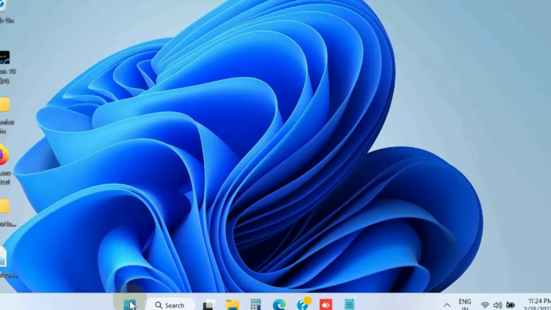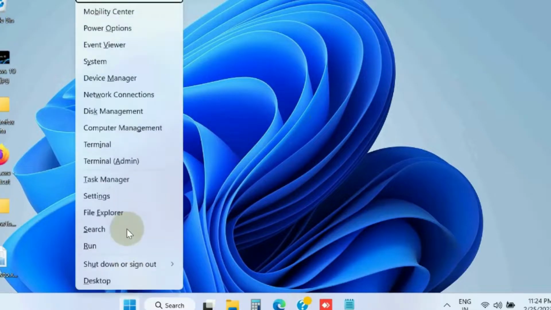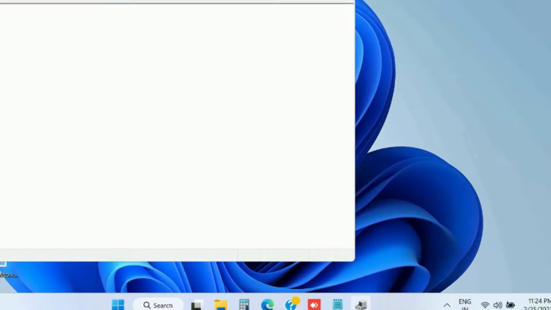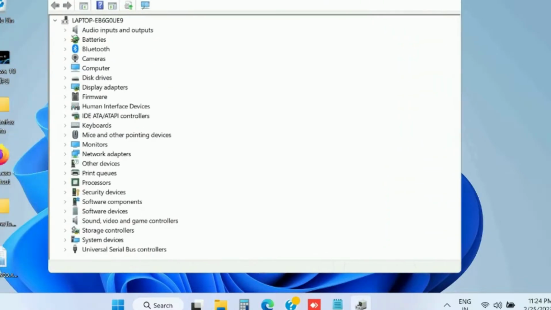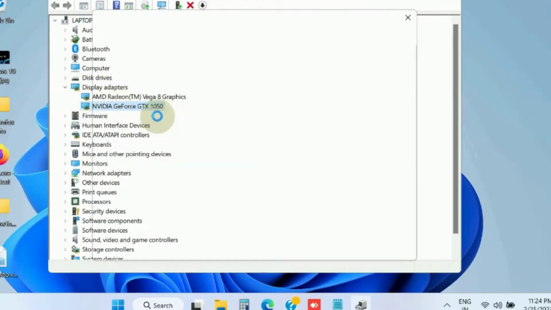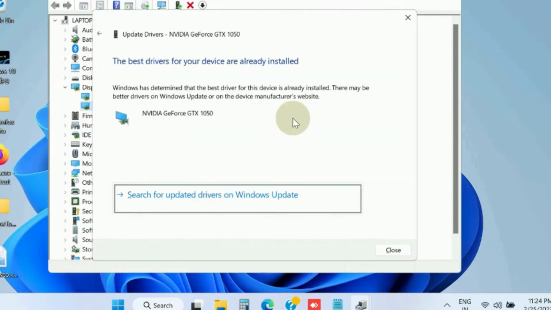The next workaround is update your graphics driver. Right click on start button, choose device manager. Here go to the display adapter section, expand it. Right click on your graphics card driver, choose update driver, search automatically and restart your system and check whether